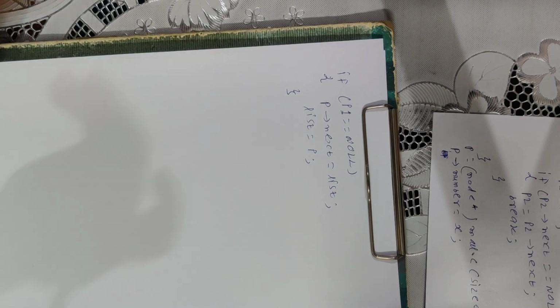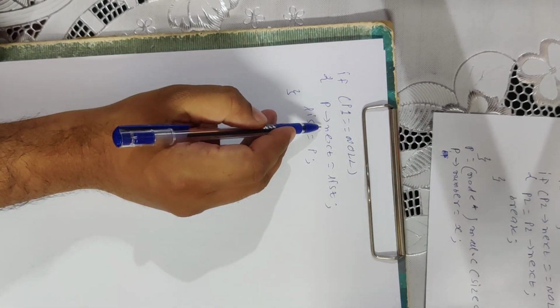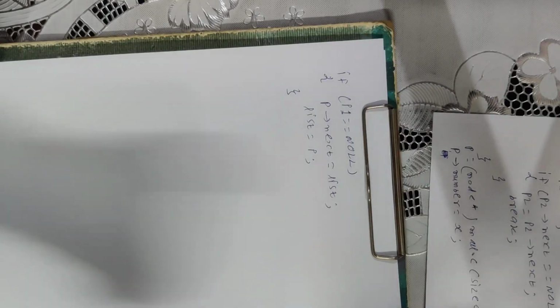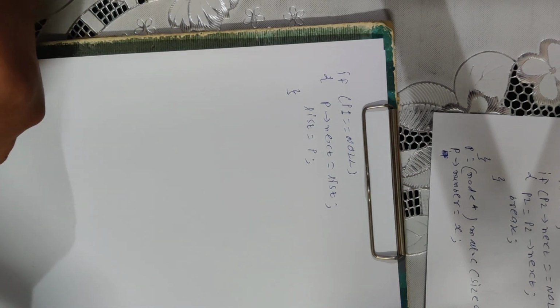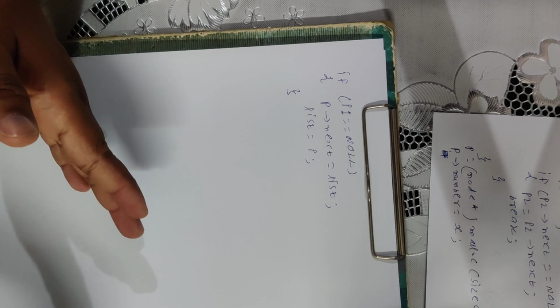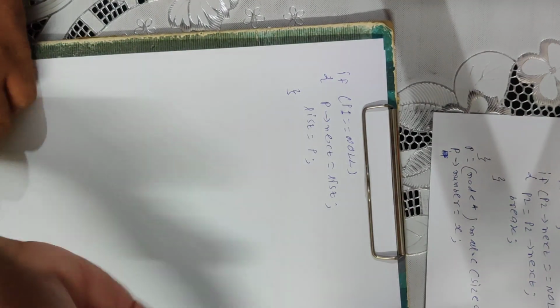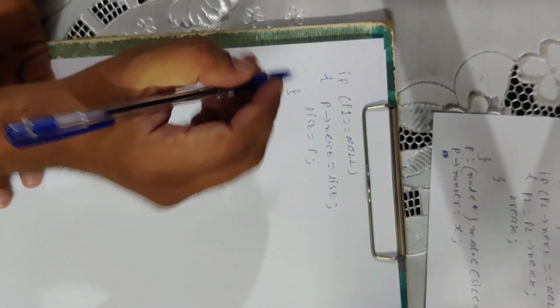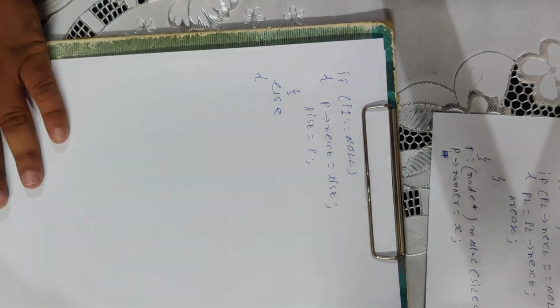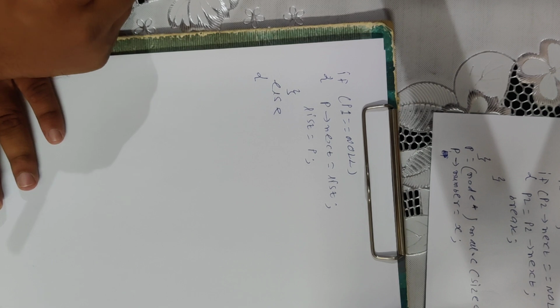Okay, because what I write is P next. P next is basically the next pointer value, and that pointer value I have pointed at the starting location, that is head. And then what I have done is I have changed the position of head from that. Okay, that I have changed it. Okay, if this is not true, then else. Okay, now what we have to do is